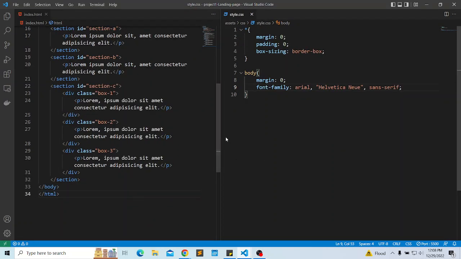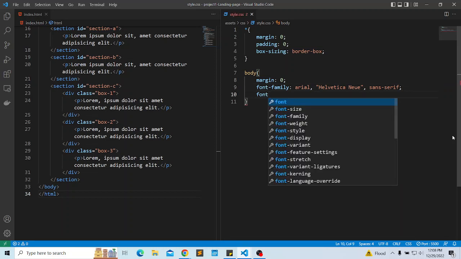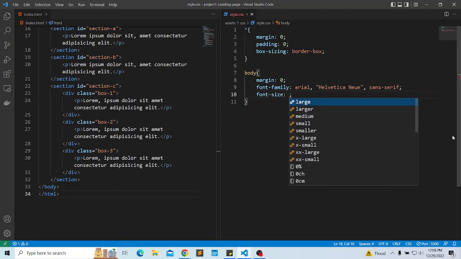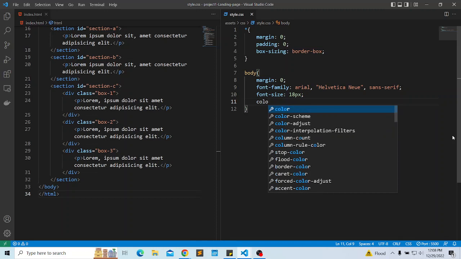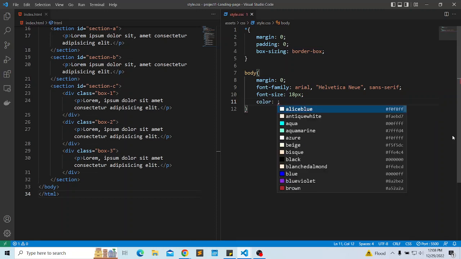Let's make it a little bit smaller, so we can also add a default font size of our body tag to, let's say, 18 pixels, and a color of the text set to